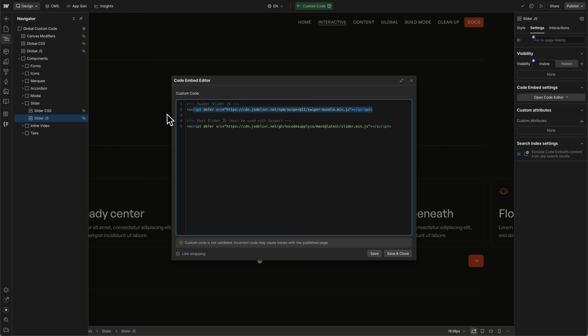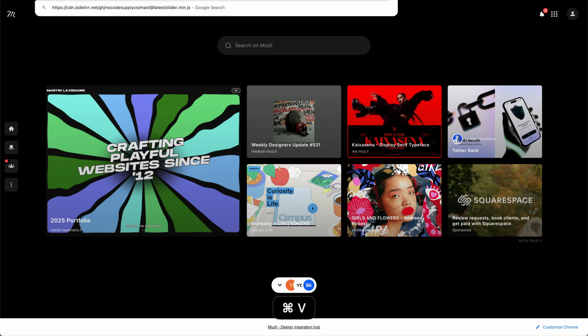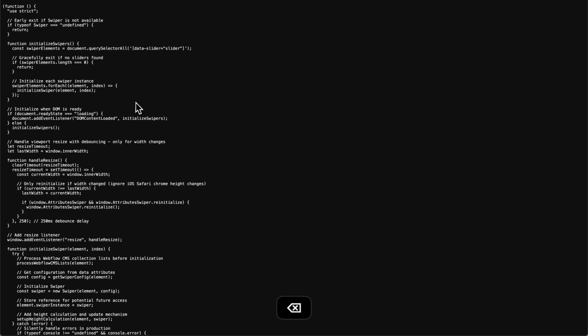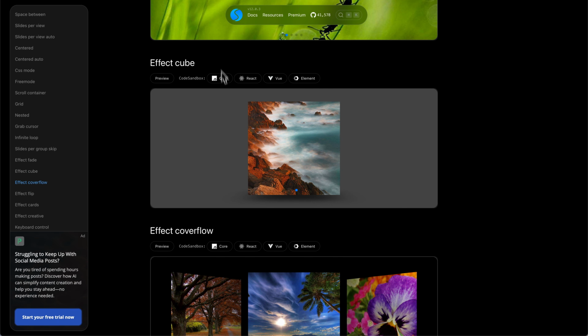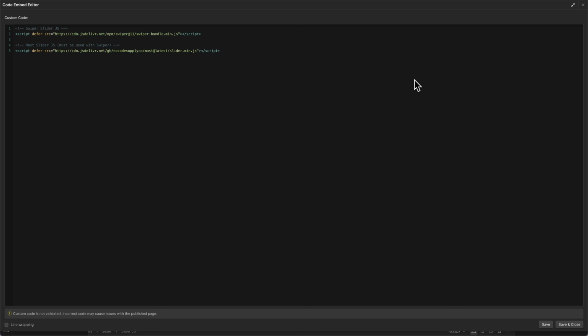So here's where we're loading in the Swiper library. And then here's our external JS file. So again, if I was going to go get this, remove that min, I could copy paste this into Claude and say, hey, Claude, I'm using Swiper.js in this. I want to add an option for the cube effect. Can you do that? And then maybe it either does it by default if you want that everywhere, or you